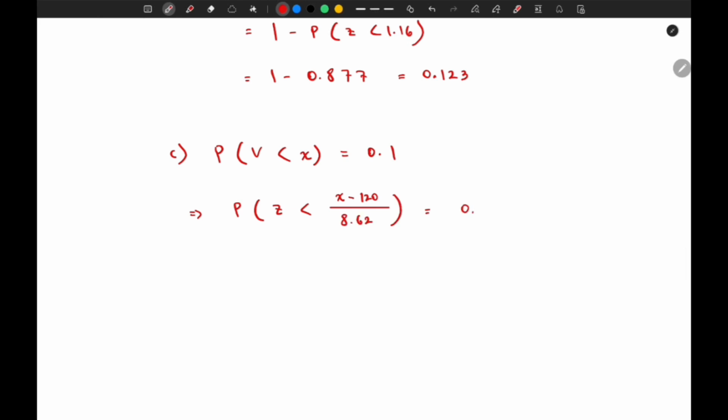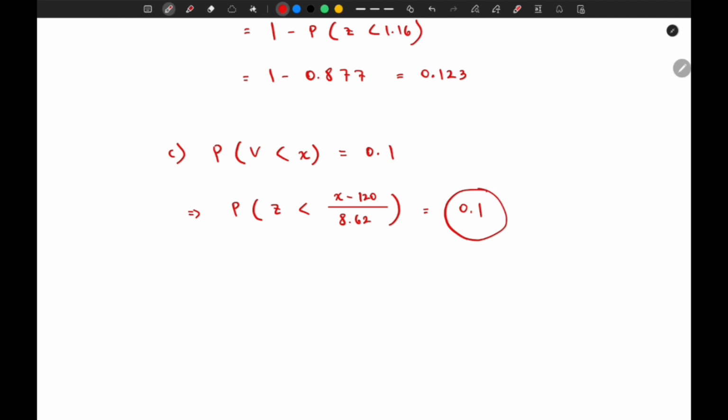So this is equals to 0.1. Now the inequality sign is less than, so we can keep it as it is, but the constant value, which is the probability, is less than 0.5, so we need to subtract 1 from this. If you're still unsure about this method, you can go back to the previous lessons and watch those to clear up your confusion. So this is equals to negative 0.9,